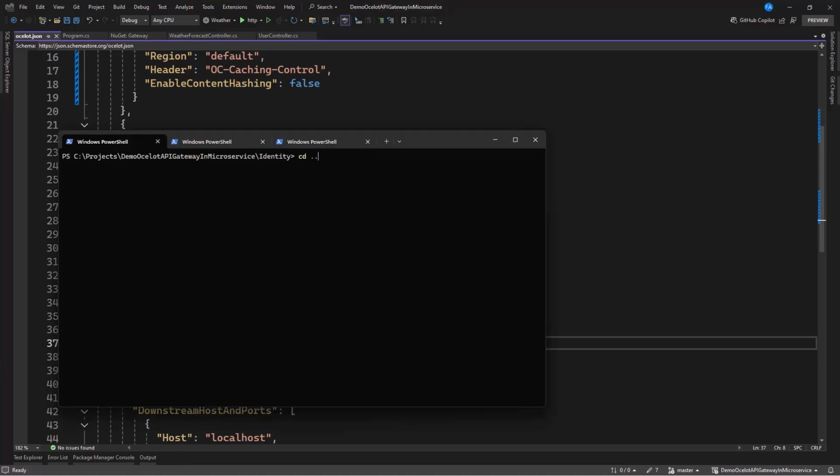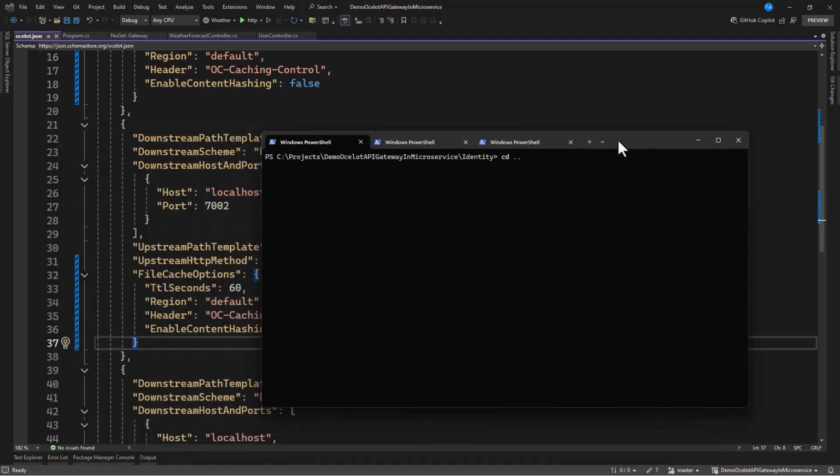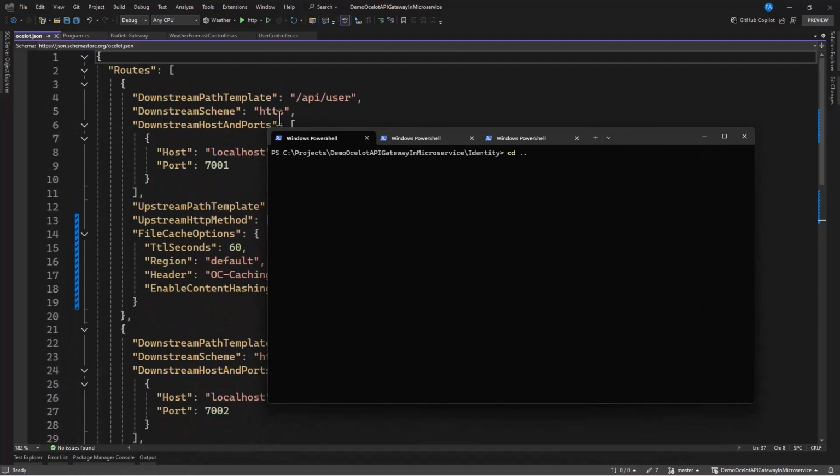So in order for us to run this app faster than what you've been doing, we can use terminal to do that, and just launch your Windows PowerShell. I have 3 tabs open, and in that I've navigated to each of the projects. So we have gateway, the weather project, and this identity project. In order for us to run it, we know the port. For example, we know that the user identity here is running on port 7001. So I'm going to do dotnet run, then --urls, and it is running on HTTP, so all that I need to do here is to specify 7001, and now this is going to build the project, and start that.